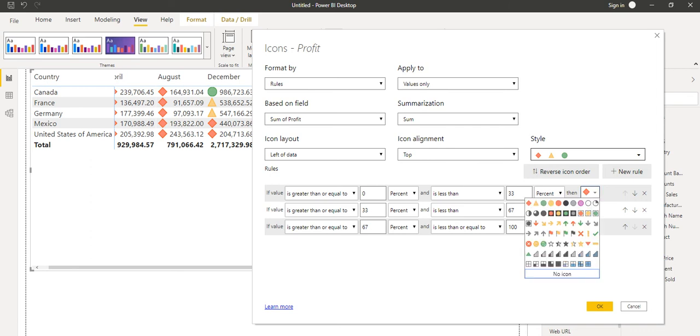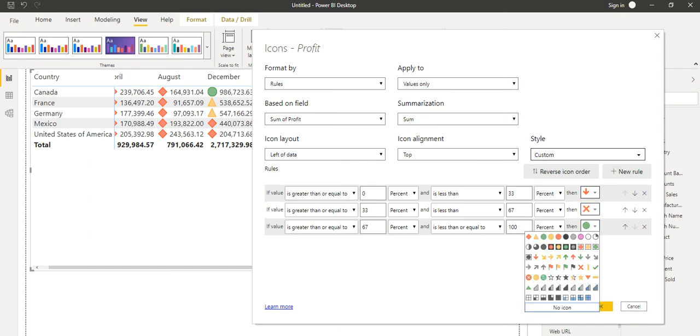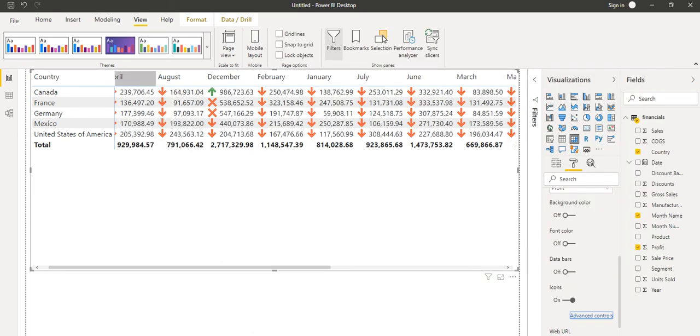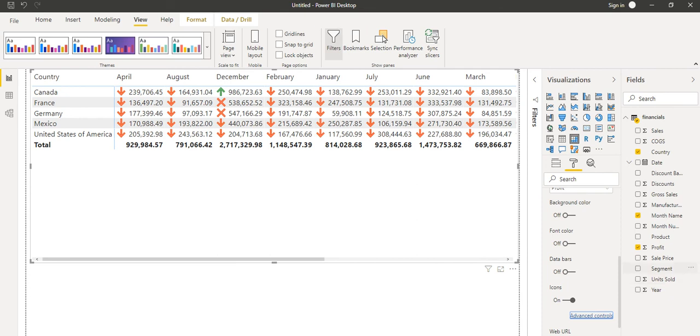But we can change the icon also, whatever we need. Like if I want to show the arrow down, and here I want to show another thing like a cross because it's not working, and here I want to show the up arrow. So when I click on OK, based on that it is showing the data. So this is the conditional formatting. Apart from this, there are many things which we have already covered in the table when we created the table in Power BI. So based on our requirement, we can do the formatting over the matrix.